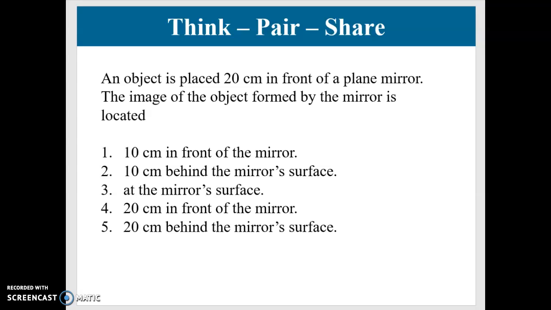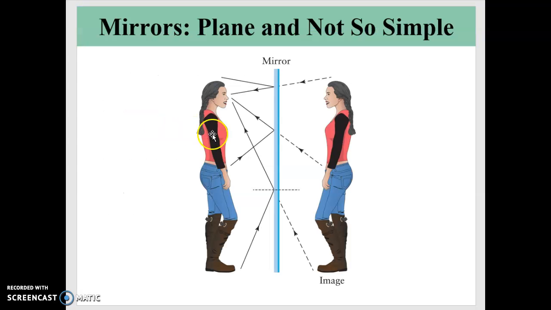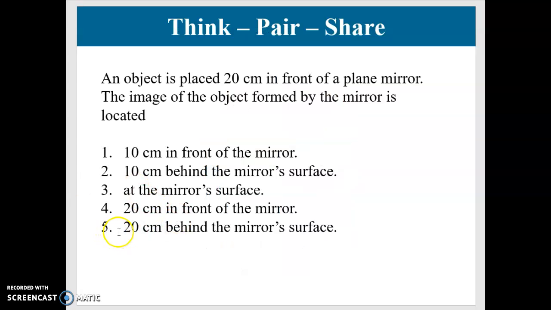Well, remember, wherever the object is with a flat mirror, the image is going to be behind the mirror, and it's going to be equidistant. So with that in mind, the answer here is going to be 20 centimeters behind the